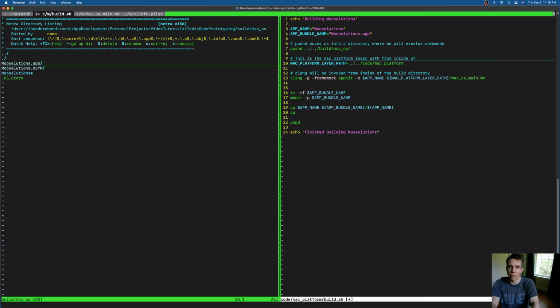From inside of the build directory, right? Because this is a relative path, the location of the Mac platform layer path is going to be relative to where you are. Well, if we are in the build directory, then this is where it is, right? And so we can use this variable here. So what we're going to do is copy from the Mac platform layer path